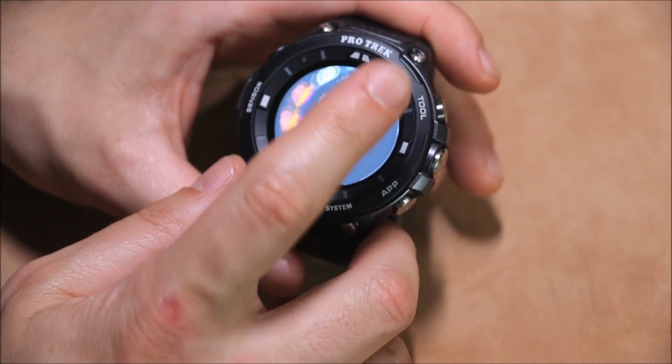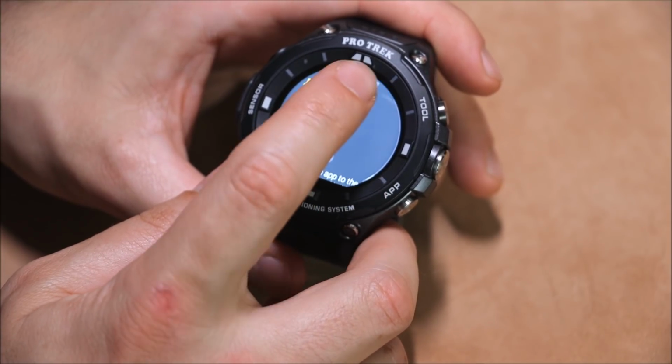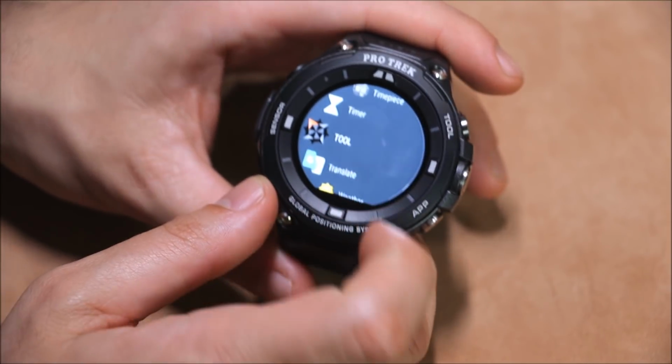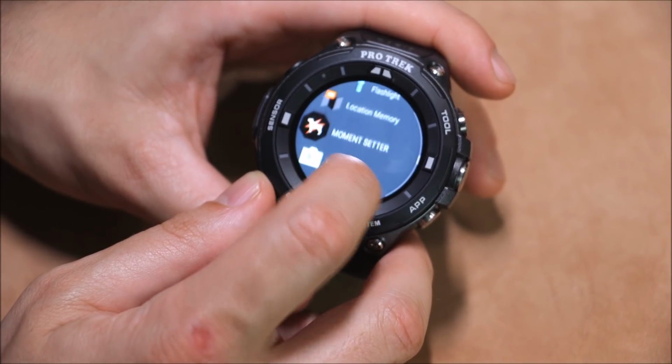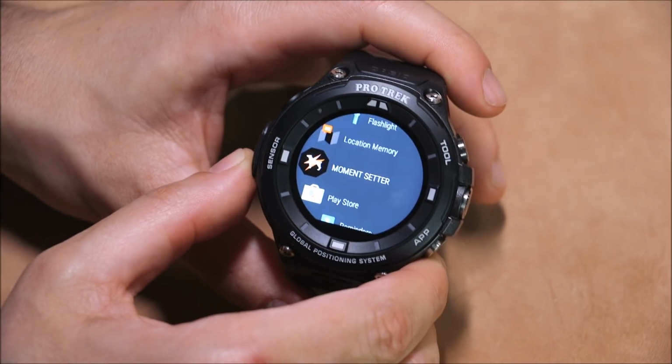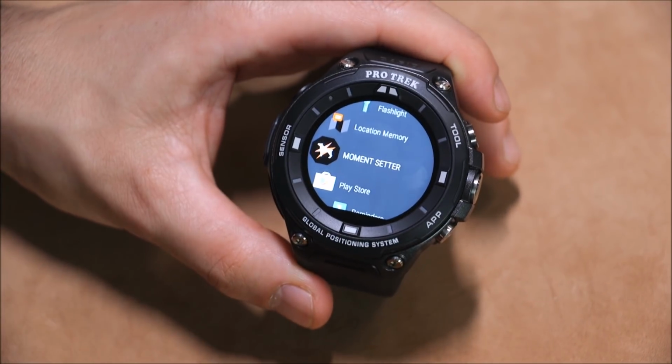Here you have, of course, just your standard apps and things like that through Android Wear. Some of them are unique. For example, the Tool app, which is unique to Casio. Moment Setter is an interesting app. I'm not going to get into it right now. It's a complicated thing. The idea of Moment Setter is